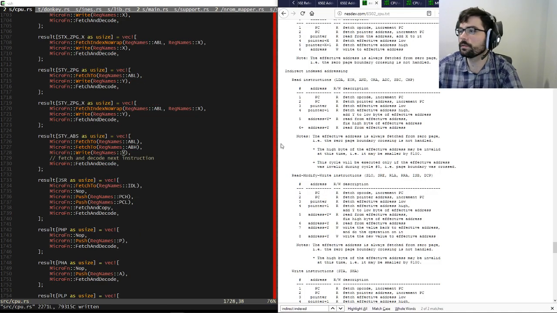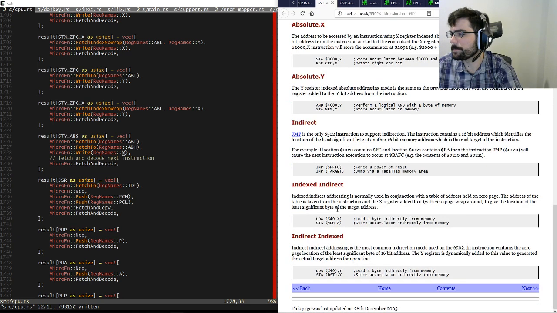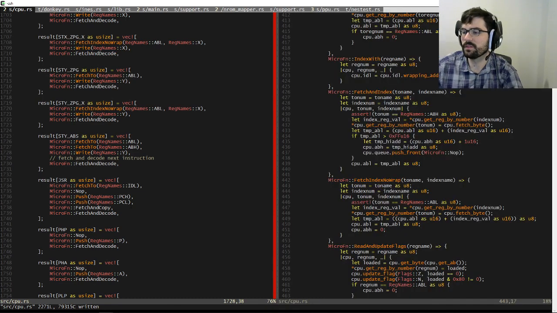Okay, so does that match what this has to say? Zero page of the least significant byte dynamically added to this value. Okay, yeah, so that's the problem. All right, so I was right actually with the fetch.